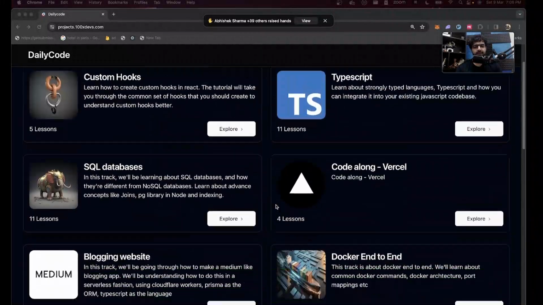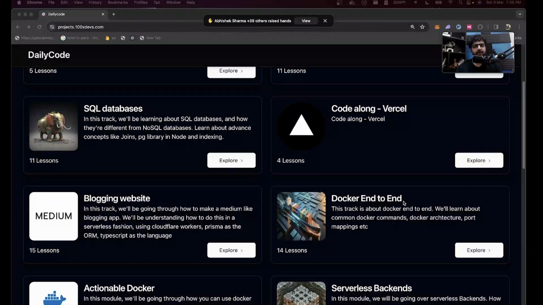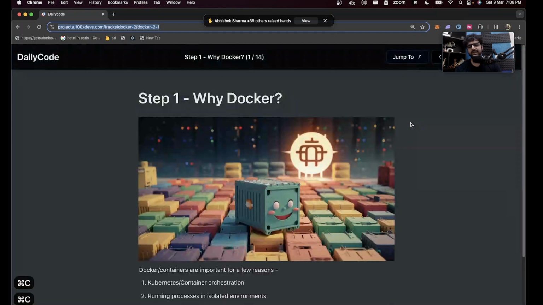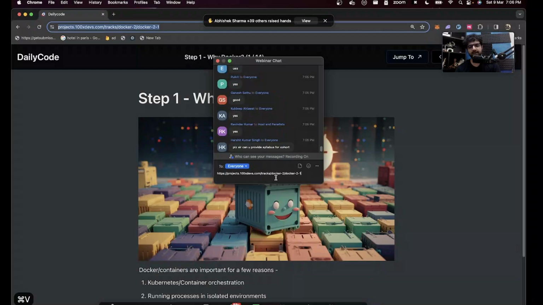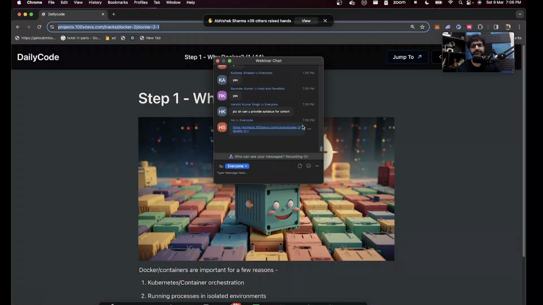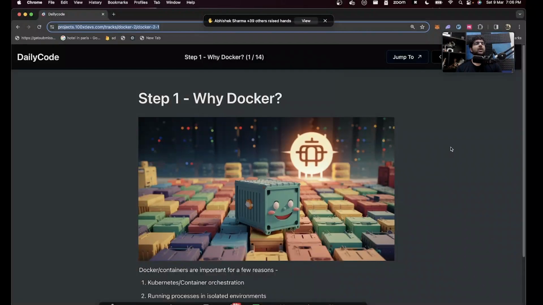The code is present on a track called Docker end to end on projects.100xdevs.com. Today we'll try to cover some beginner stuff, as in enough to do Docker in most cases. Tomorrow we'll do some advanced things, which are not needed for a long time and are very theoretical. But today is pretty actionable, which basically means if you go through today's class, you're pretty much okay with Docker for a long time. If you want to dive deeper into some advanced concepts, then you can attend tomorrow's class as well. Feel free to skip tomorrow if you feel like it, because you don't really have to worry about those things for a long time.